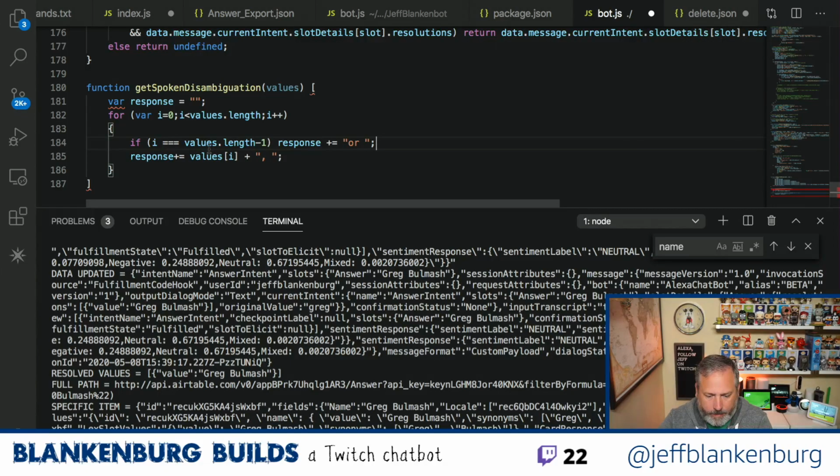Like that. And then we should be able to do, what's wrong here? Oh, I keep doing the same thing with the wrong brackets. I'm just not fast enough on the shift key, I guess. I don't know why I keep doing that. That's not a normal thing that I do in code. And then we can just return response. Okay, so we have return response. All of that is good. We're in a good spot for getting our spoken disambiguation.